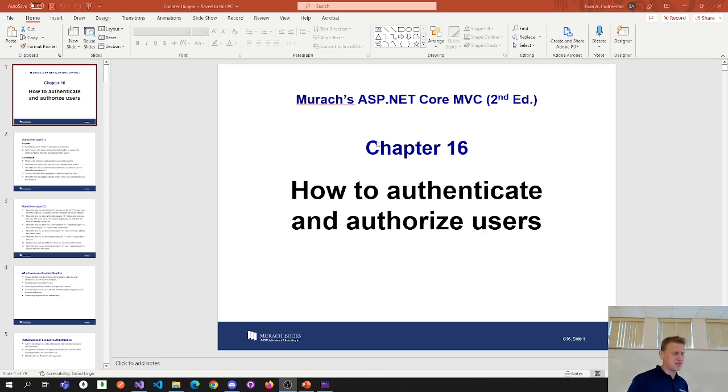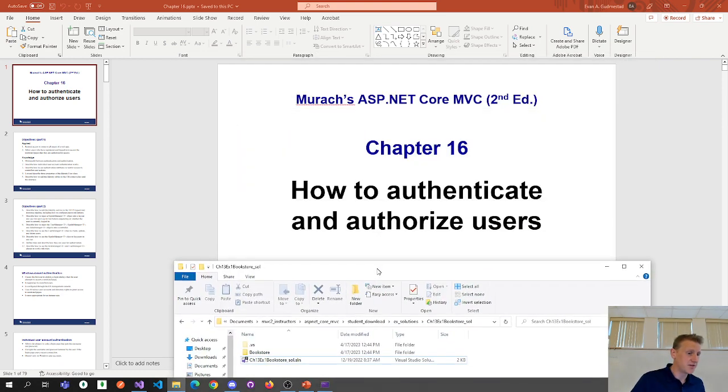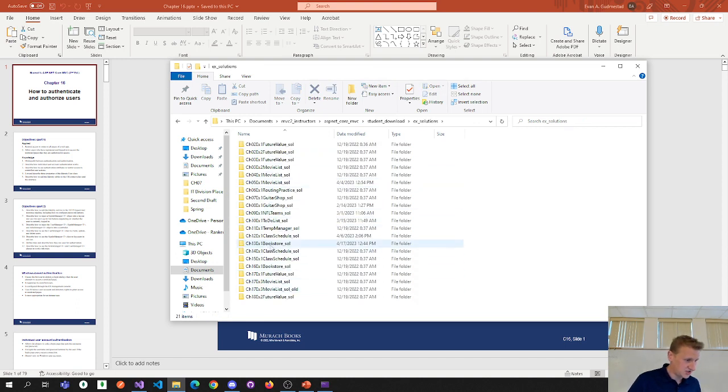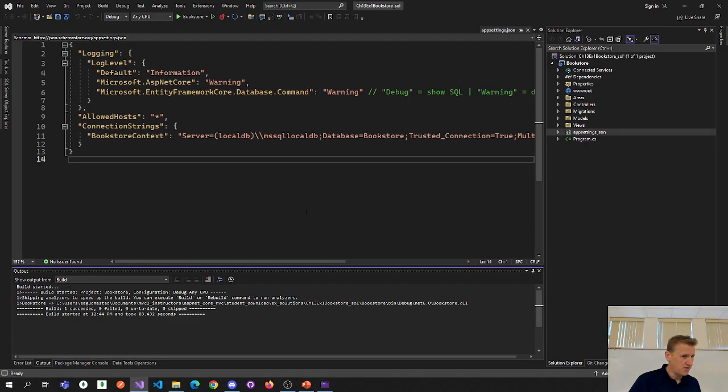Okay, and so just to start the recording, this is where, if you're going to follow along, Chapter 16, how to authenticate and authorize users. I'm looking at the download for the Murach second edition. In the student download, there's solutions, and I'm looking at this Chapter 13 bookstore completed solution. And so go ahead and, if you boot that up,